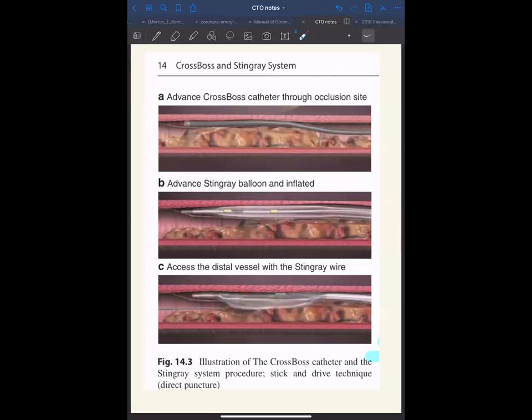So which is why we need to do this under vision. When you're coming out, you have to be careful that it is not perforating the adventitia and going out. You just pull it out, and the distal one is usually facing the lumen, and the proximal one is facing out. The reason they have given this lumen is for you to facilitate going subintimally, should you want it.